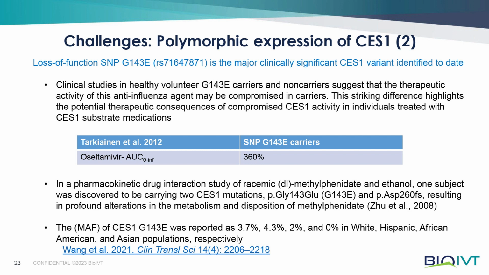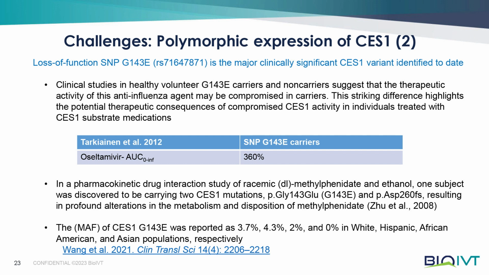So another challenge is polymorphic expression. There's really one loss of function SNP that's been identified as the major clinically relevant SNP, and it has a sort of codominant effect, because it turns out that even heterozygotes will have a significant impact on the disposition of carboxylesterase 1 substrates. So taking oseltamivir as the example, this is why I wondered if maybe I'm a carrier of this